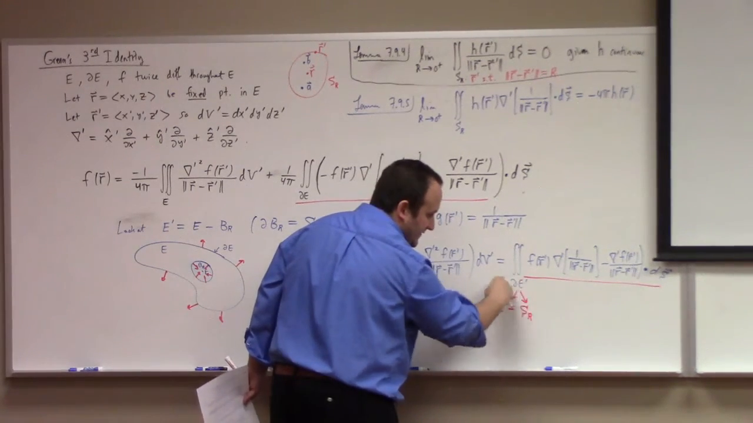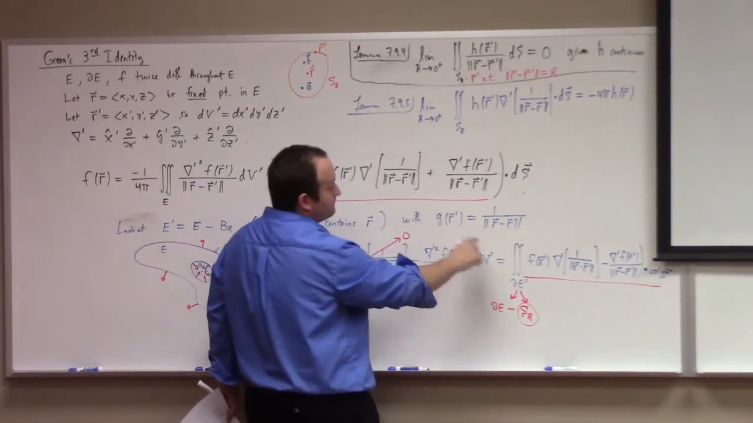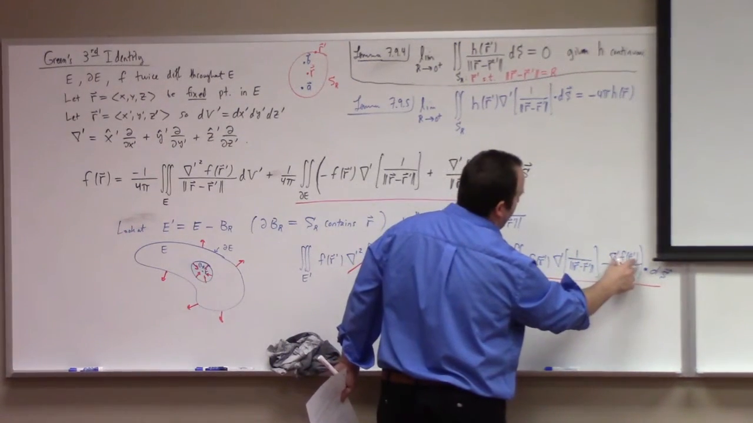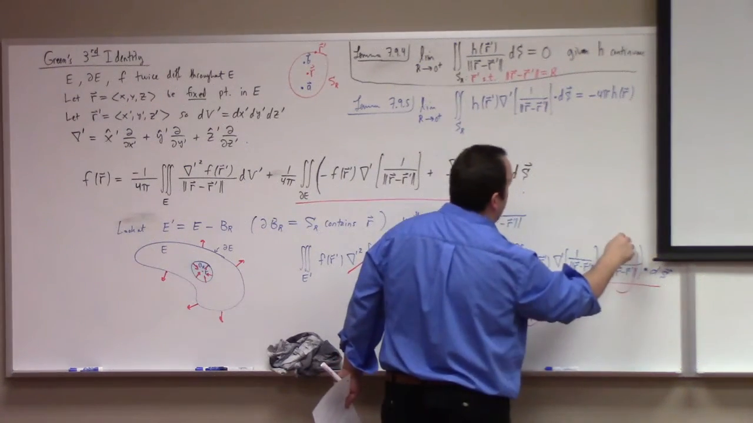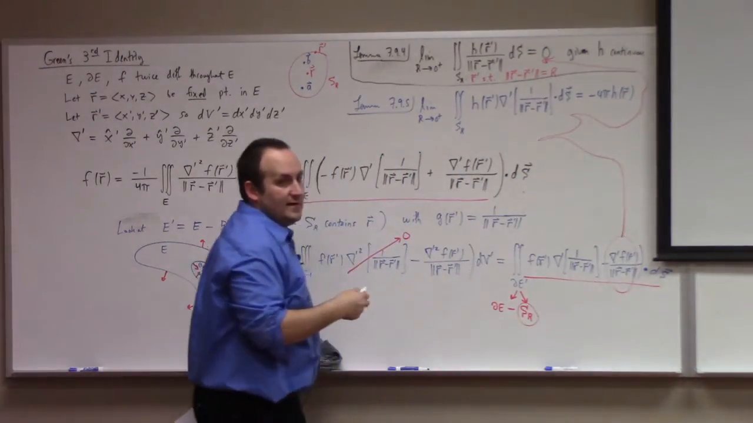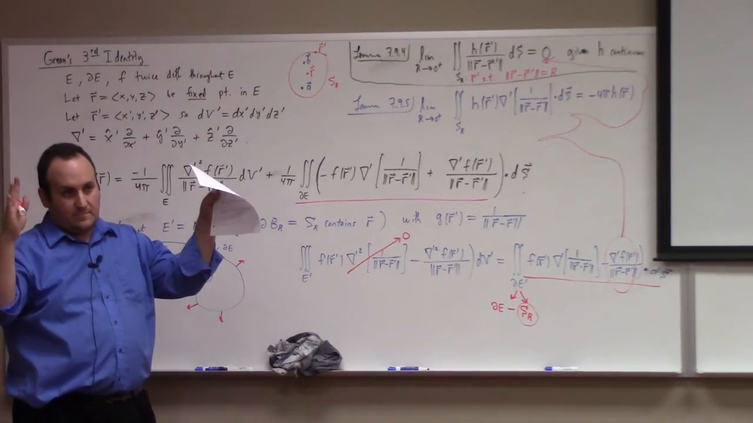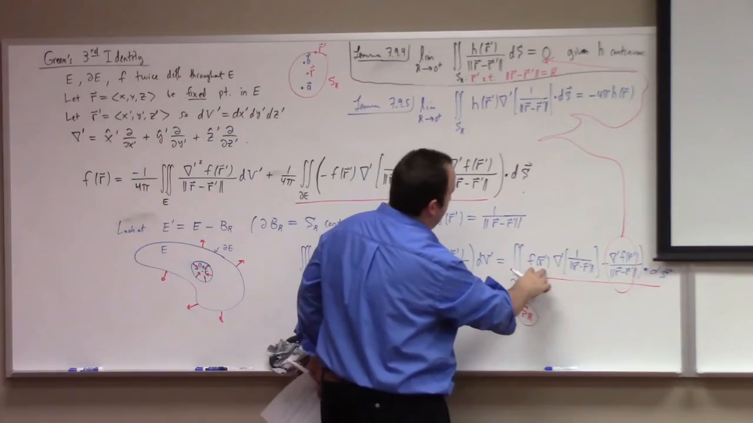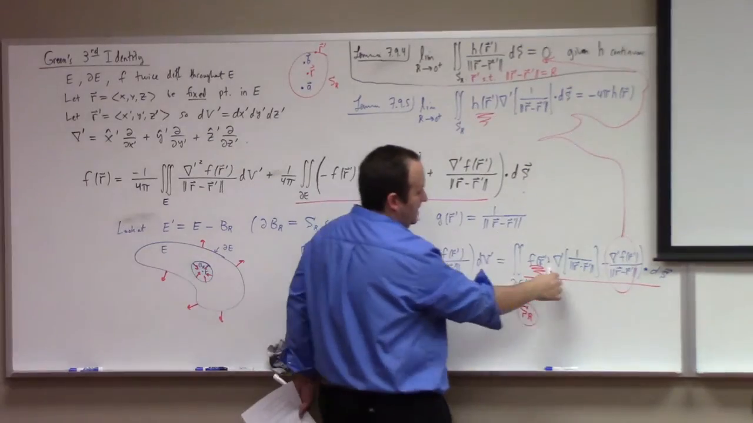When I erase this and look at SR, what happens? On the one hand, you've got the gradient prime of f of r prime over this. I've got this term right here, which is a continuous function divided by the length of r minus r prime. And then this one is like h, and the gradient prime of that